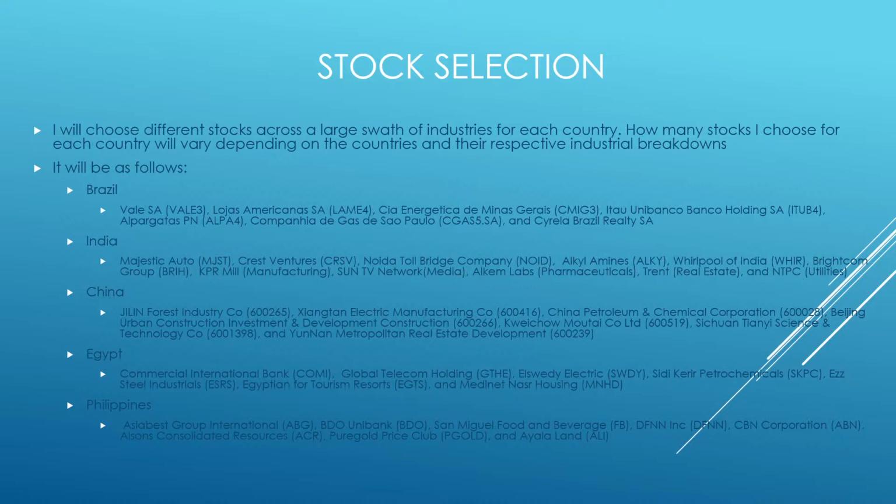So with that being said, after I chose these countries, I wanted to look at the different sector breakdown of the various indices in these countries, meaning the Bovespa, the Sensex for India, the Shanghai Composite Exchange, so on and so forth. And I wanted to select shares in such a way that it gave a very strong and accurate representation of the industrial diversity of each country. So there's going to be a varying number of shares per each country because each country has different industries and different bread and butter, so to speak. So here's the list of shares,